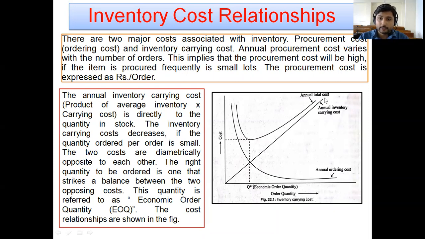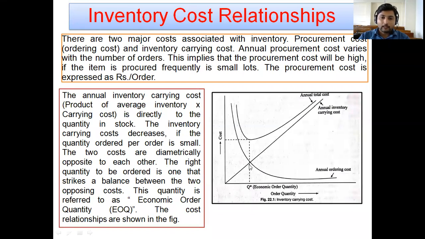Ordering cost is very much high, but the inventory carrying cost is very much less, because this annual inventory carrying cost depends on the number of components stored. So if more number of components are stored, annual inventory carrying cost will be more. Now these two